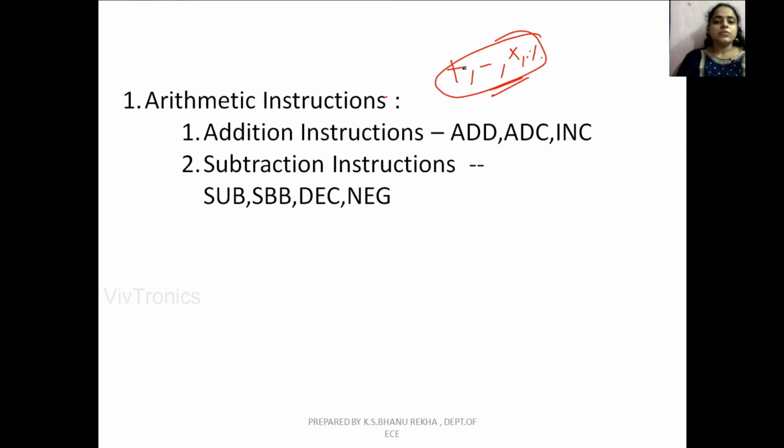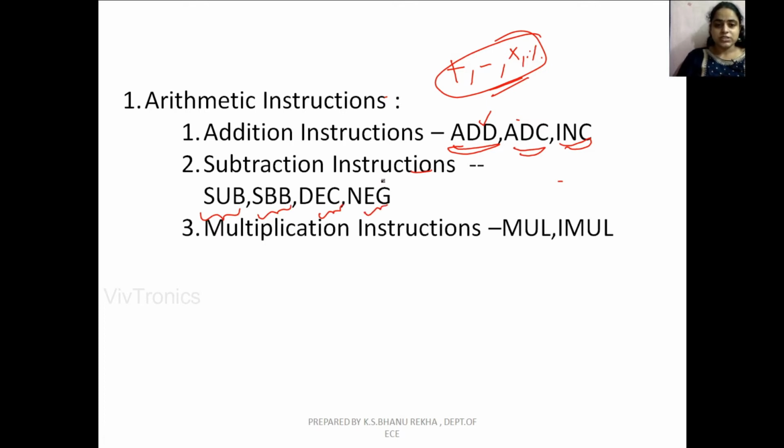First, in addition instructions we have three: ADD, ADC and INC. I will tell you what these stand for in my next slide. Next are subtraction instructions: SUB, SBB, DEC and NEG, these four. Multiplication instructions are MUL and IMUL. Division instructions are DIV and IDIV.